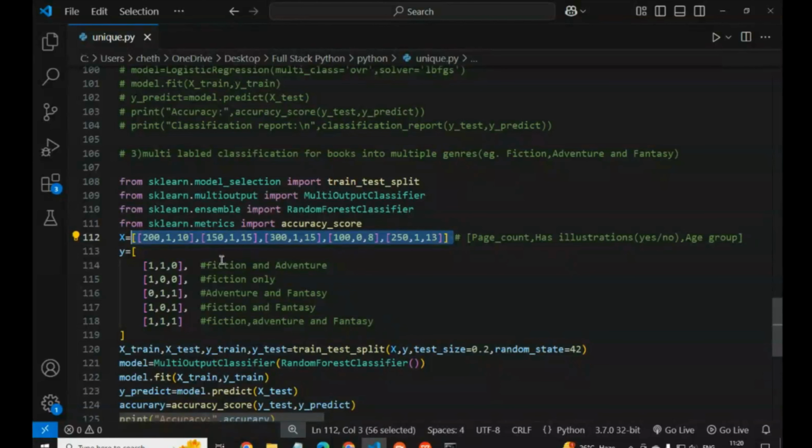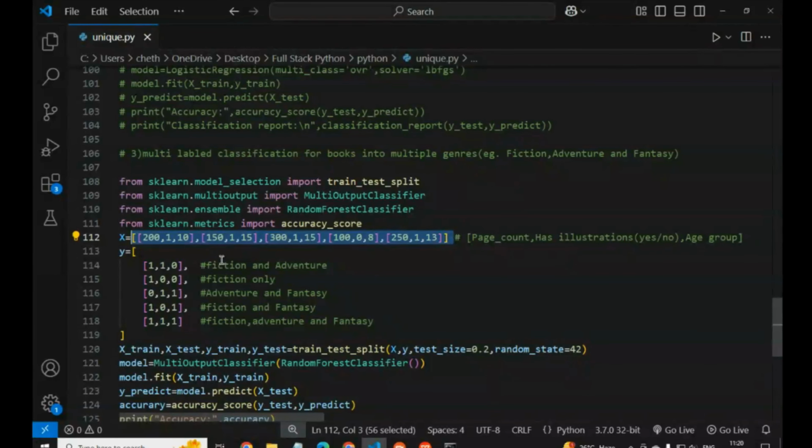First we have to import the required libraries, like train test split, to split the data set into training and testing sets. Then the multi-output classifier. Why do we use it? It is a wrapper that allows multi-label classification using a standard classifier. Why do we use the random forest classifier?